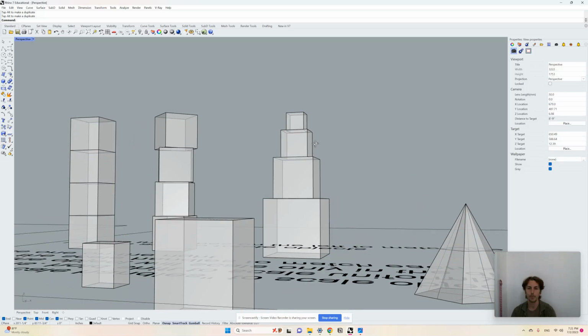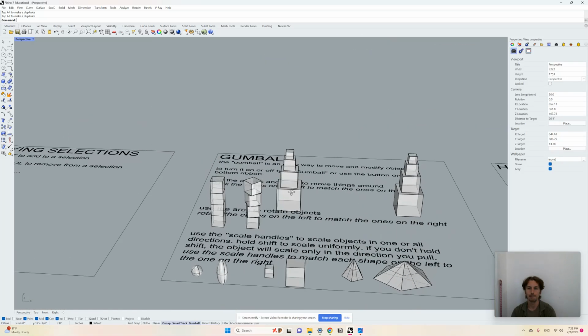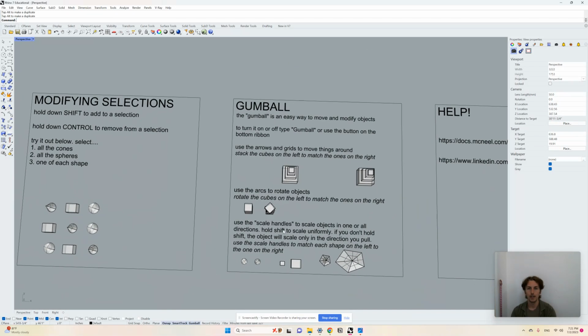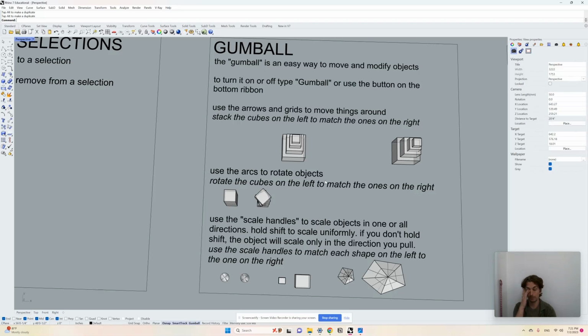Okay. So that's the arrows and the grids, which help you move stuff around. You'll also